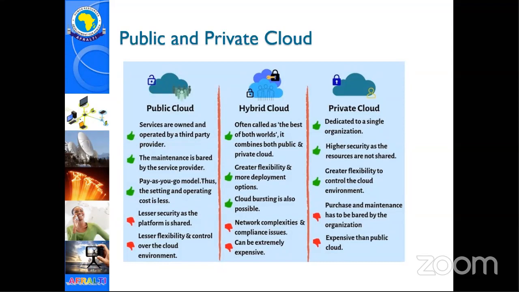IBM, and many more. But the biggest player, as you saw in that video, is Amazon, which that video said was 14 times, it's now 17 times larger than all the other players combined. So Amazon is 17 times larger than Microsoft, Alibaba, Google, IBM, Oracle, all those guys combined. So 17 times larger. So in the public cloud, you lease a portion of the space there.